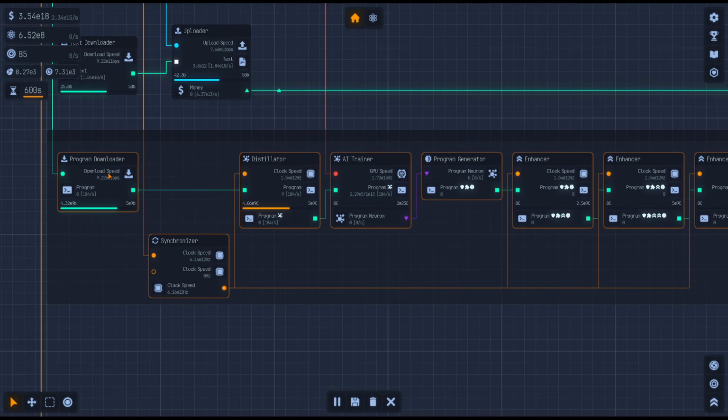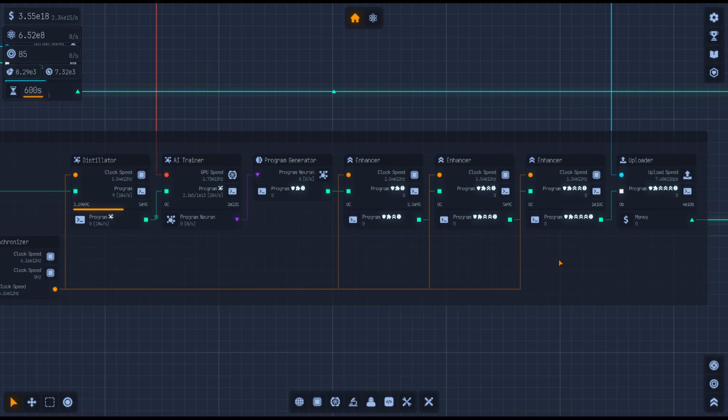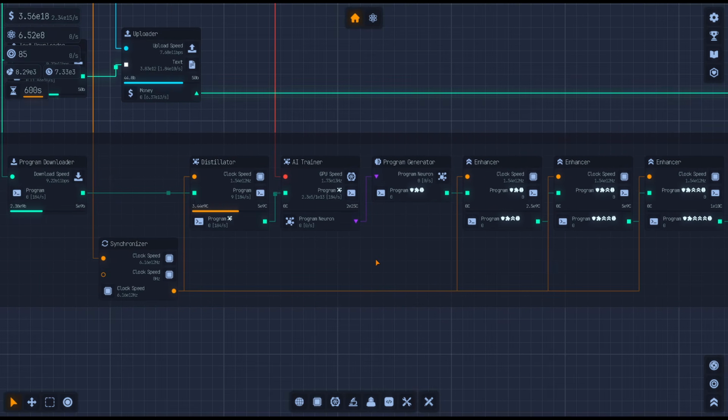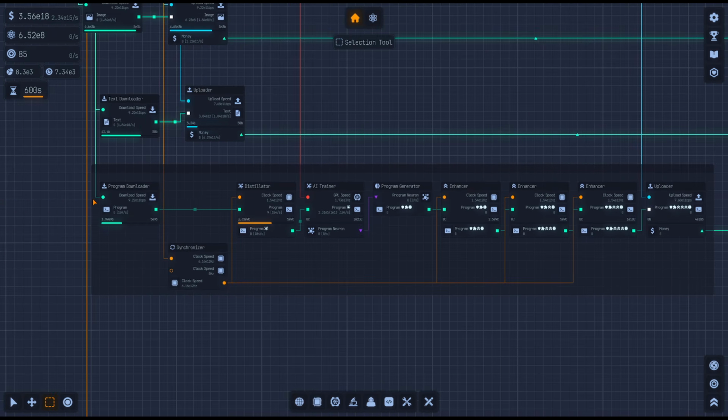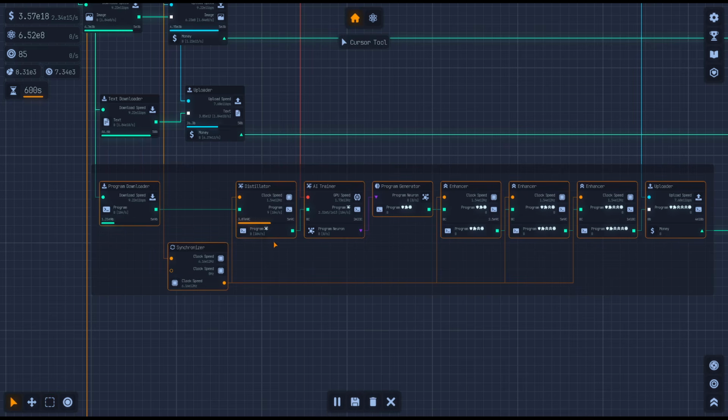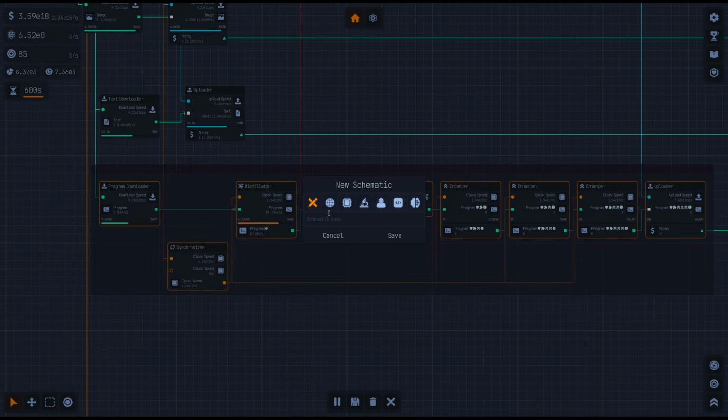Now, this is my program downloader. This is just an example. And so it's already built. It's running fine. Everything is connected. It's doing what I want it to do. And so I'm going to click and select all of these components. And at the bottom, I'm going to hit the save, the floppy disk, because I want to save that schematic as something. You can select the icon, give it a name,